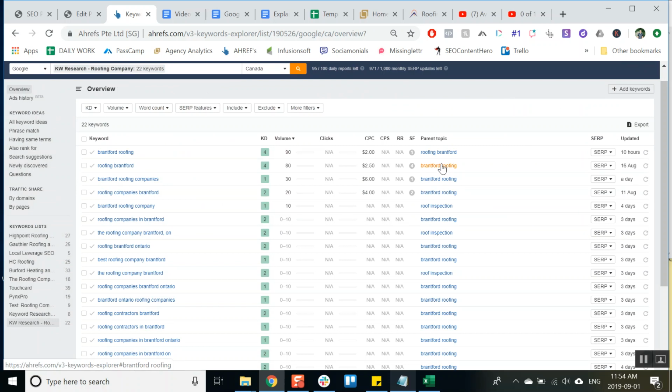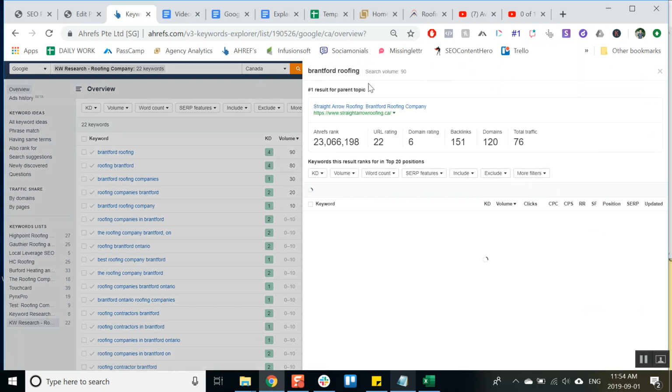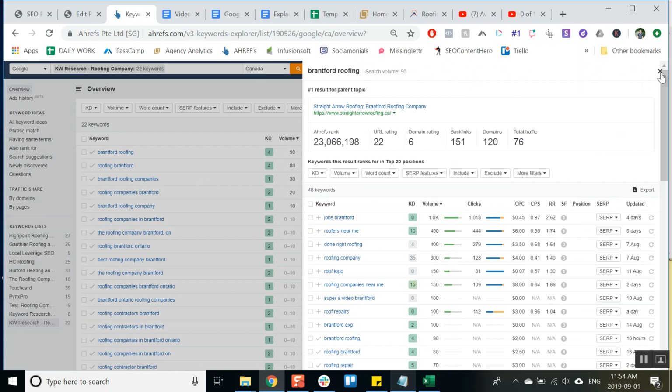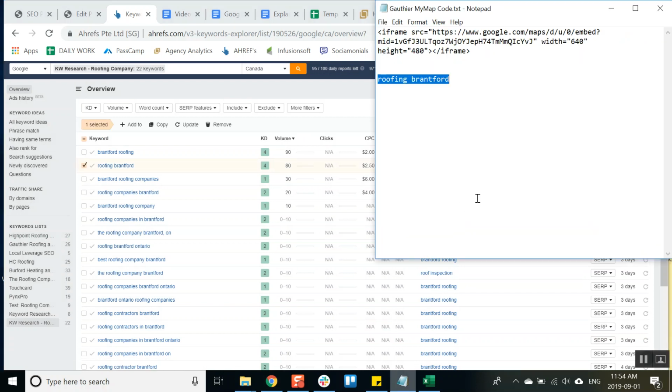Roofing, so Brantford Roofing is the parent topic of all of these, and Brantford Roofing's parent topic is Roofing Brantford. Okay, so anyway, we really ultimately want to focus on both of these, but they're going to be very easy to focus on because they're just simply a switch of both of them, right? But we want to actually focus primarily on the one that has all of these down beneath it, right? So that would be Brantford Roofing. Okay, so we're just going to take that. Brantford Roofing, which actually makes sense because typically what people do is when they're searching, they're going to search for